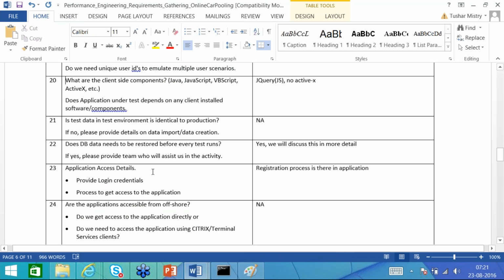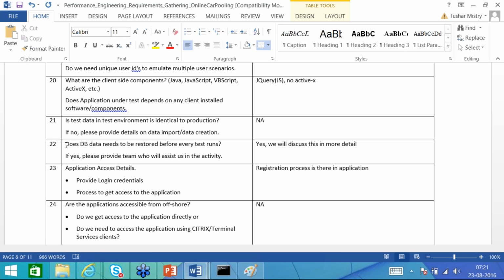Then, does the database data need to be restored before every test run? If yes, please provide the team who will assist us in the activity. Say suppose you don't have much time to create data.